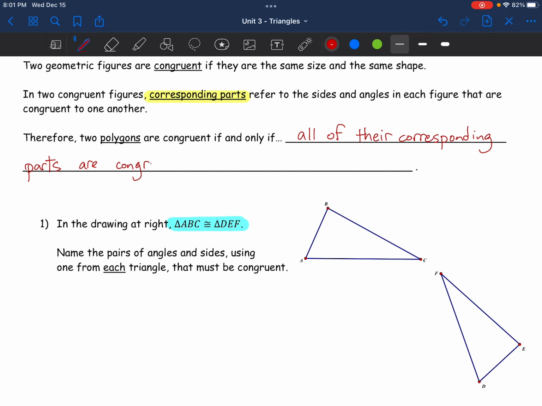That my angles in triangle ABC need to be congruent to my angles in triangle DEF, but in a